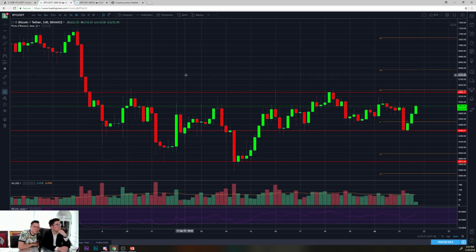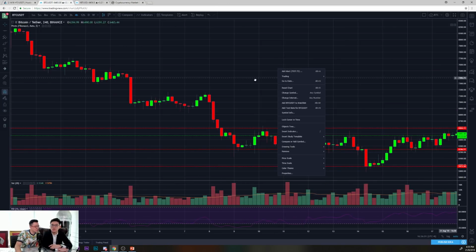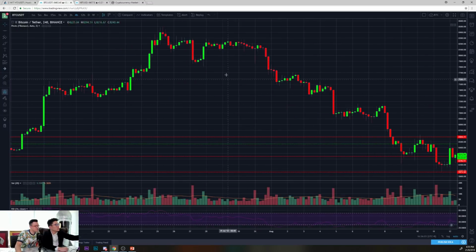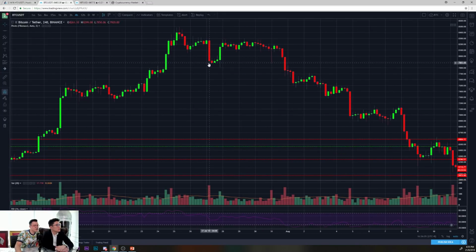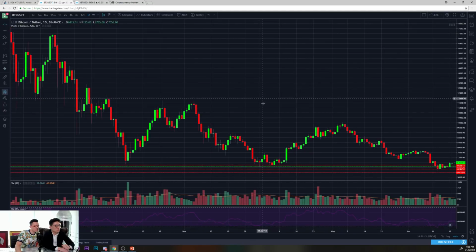It's always the fear and the procrastination, because there were people who bought in at, let's look at the earlier time frame, let's say here. You see, there was this period of time where there was consolidation. So maybe we go to the 1 day charts. If you look at the 1 day, there were periods of time when you had consolidations around 9.2, so there were periods like this, and then after that, when the thing dipped,